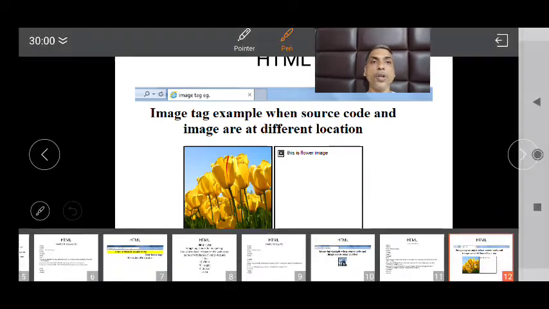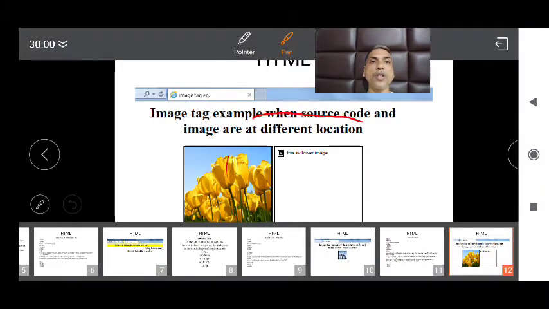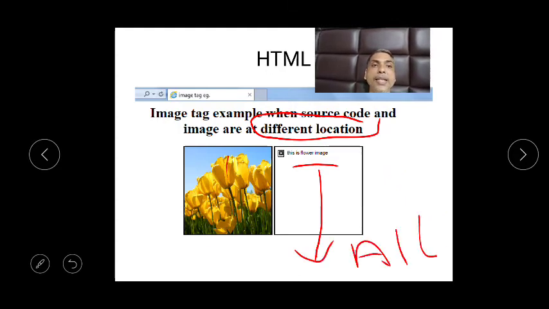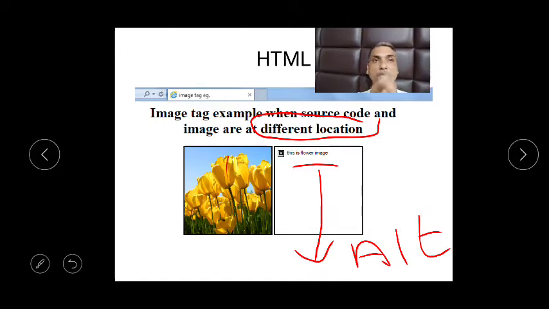A very important thing here is that the locations are different, image and this. Now this is because of ALT, that is known as alternate text. If the image doesn't appear, whatever you write between the ALT double quotes will be displayed.